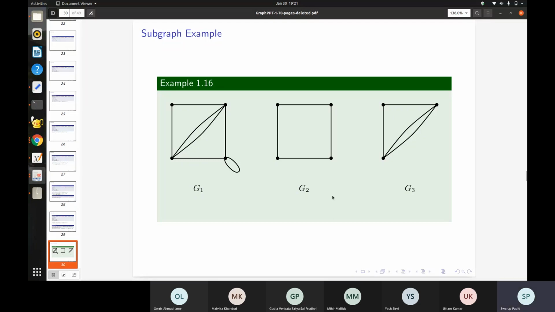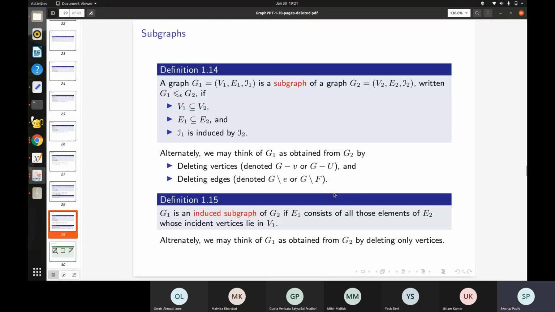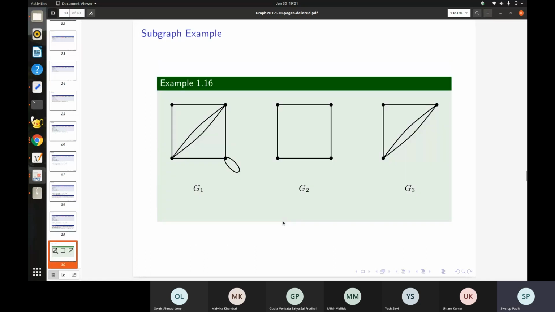Now let us see about G2. Is G2 an induced subgraph? So the definition suggests that G1 is an induced subgraph of G2 if E1 consists of all those elements of E2 whose incident vertices lie in V1. That means if you have some vertex in G2, then corresponding to it, the edges that should be, for example, as you can see here, G1,